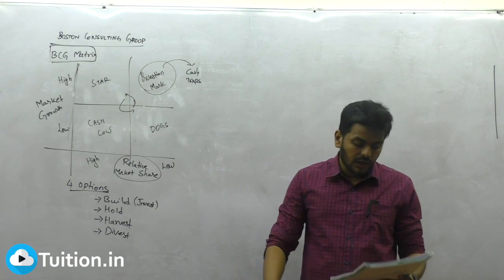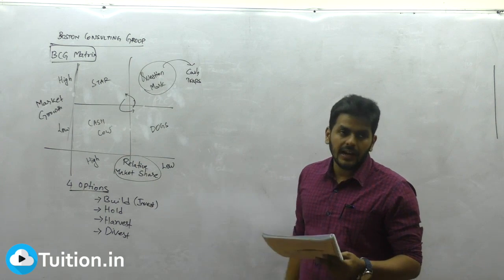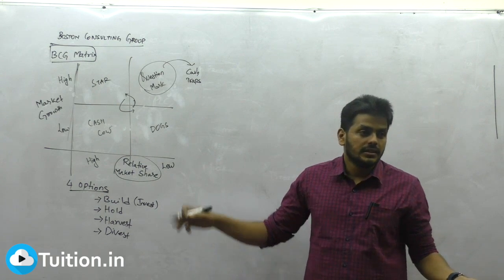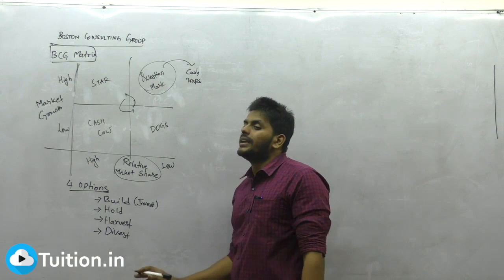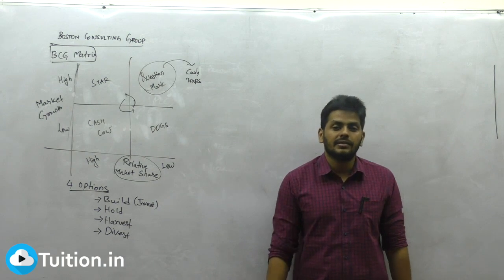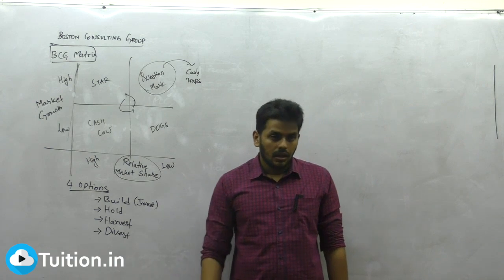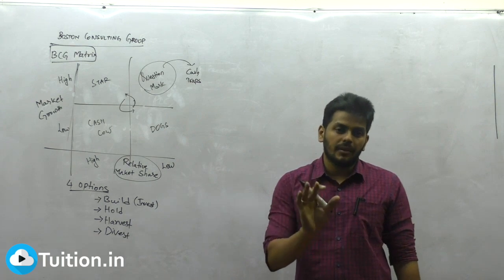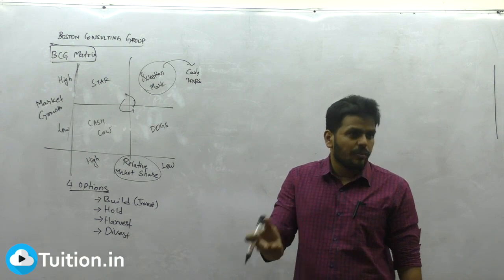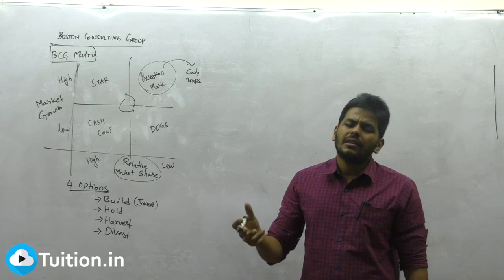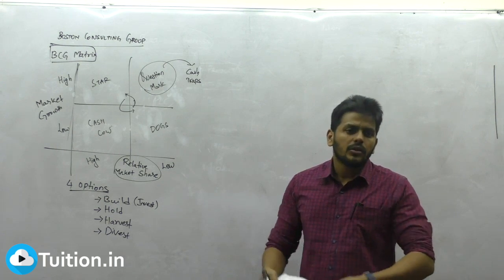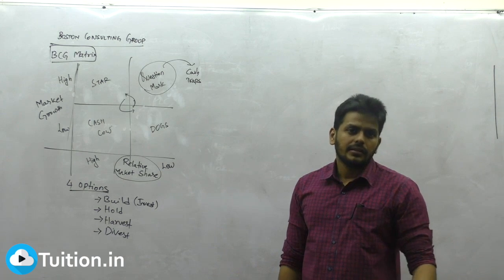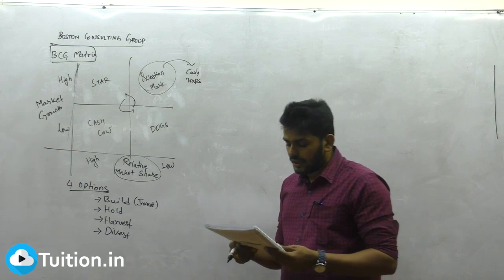Everybody, what's the last one? Dogs. Low growth rate, low market share. I think they're dead. These are in the decline phase. There's nothing you can do about it. They may generate enough cash to maintain themselves, but that's not what we are in business for. They may not break even. You came to do business to break even. What's the point? Sir, you are anyway not losing. No. So, sell it. That money will come. Use that money elsewhere. At least there's a better opportunity cost. You might end up making something.